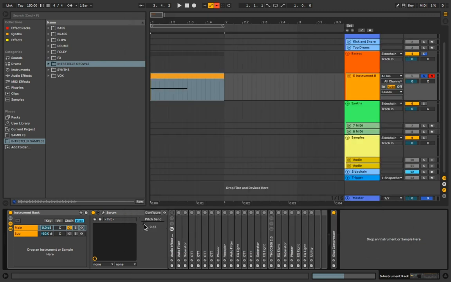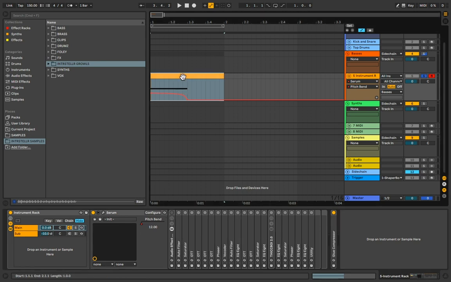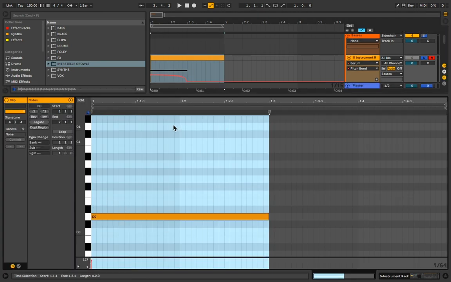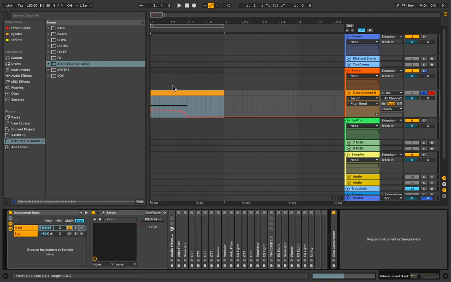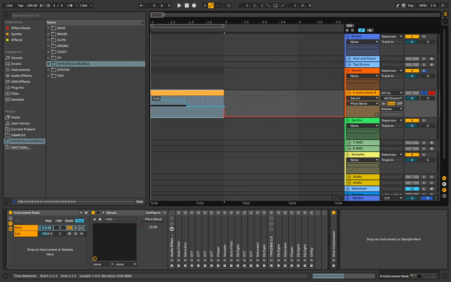And then what I've got here is pitch bends, and that is going pretty far down. I think this is a D note. Yep, it's a D note here. And I've just got the pitch bend going down to just a random note. It's very low, and that's what gives it the gargly sound. If I were to bring this up, it sort of sounds like a normal growl, but if I just bring this back down here,